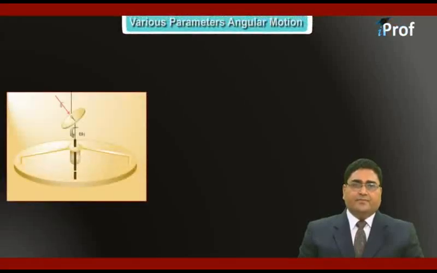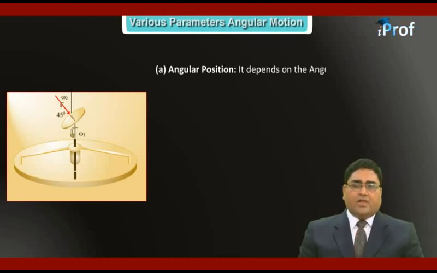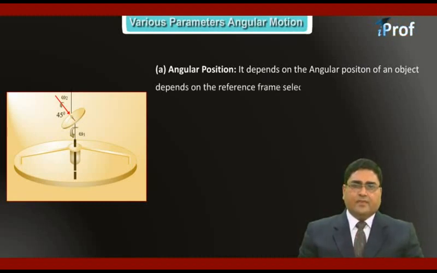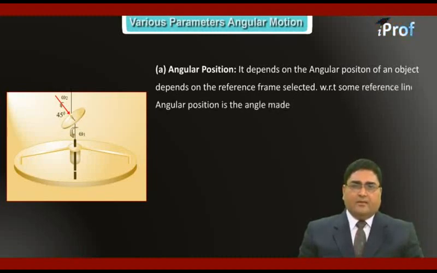Now let us look at various parameters in angular motion one by one. First is angular position. What is angular position? Angular position of an object depends on the reference frame selected. With respect to some reference line, angular position is the angle made by a particular particle at a given instant,